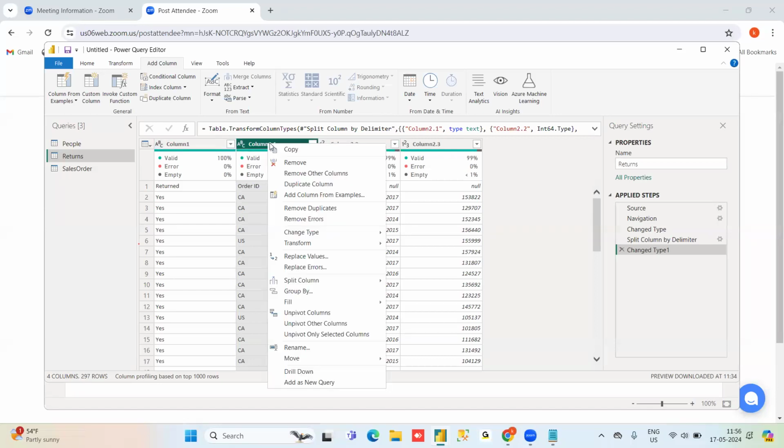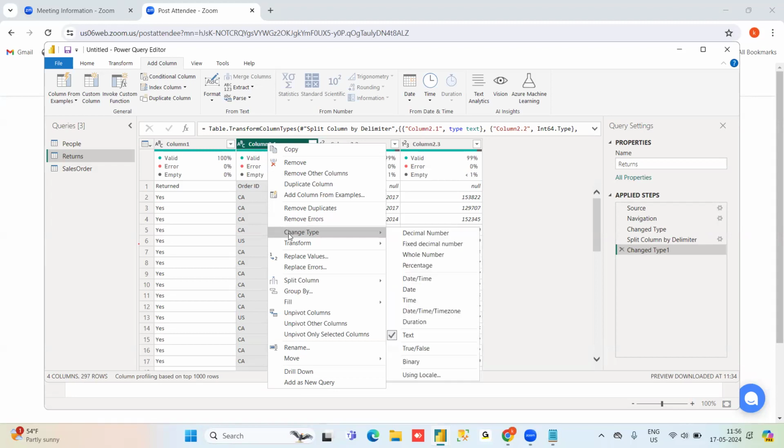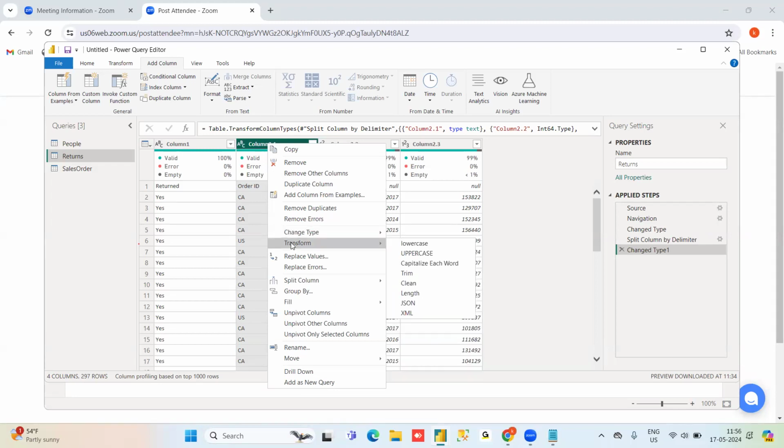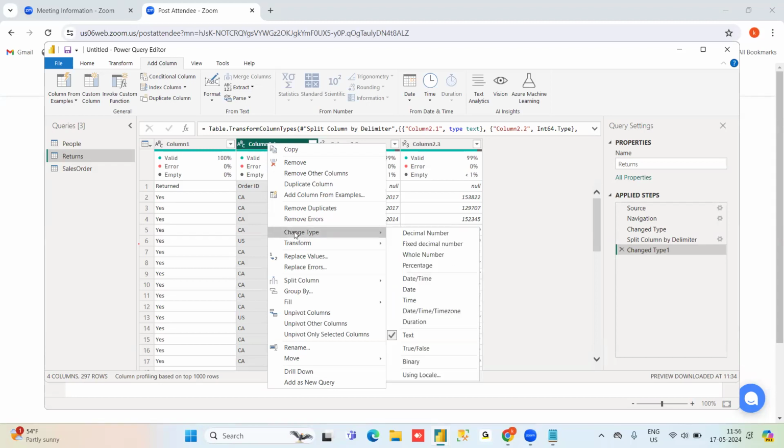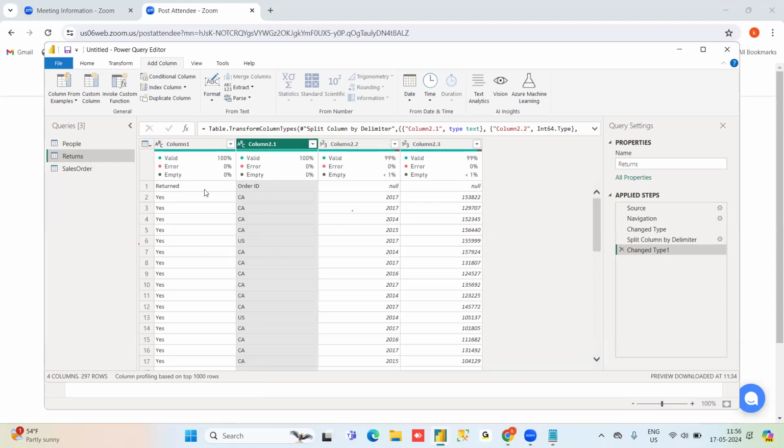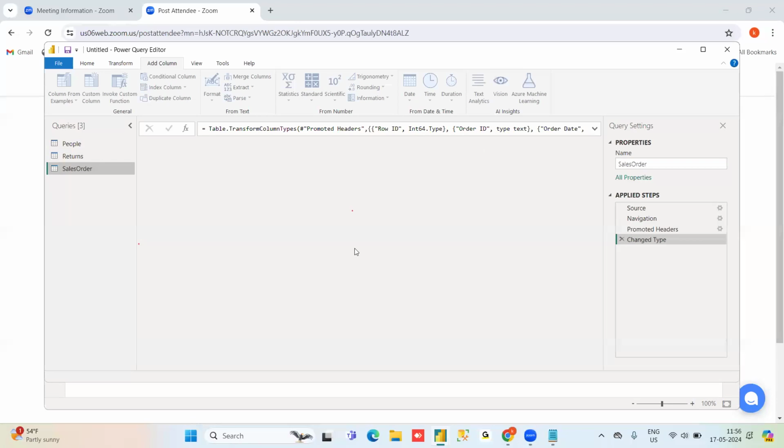Okay. And these all things we can do. Duplicate we know, remove we know, add column from example we'll see later. And remove errors. If you have any errors, you can remove. You can do transformation. Change type means, for example, if you look at here, this is a very intelligent Power BI